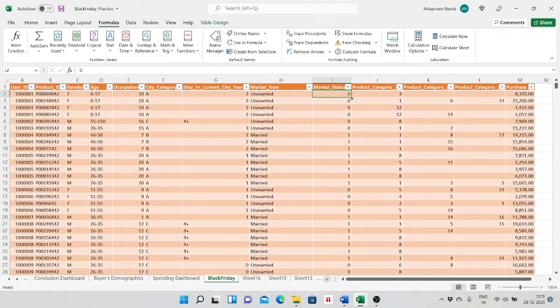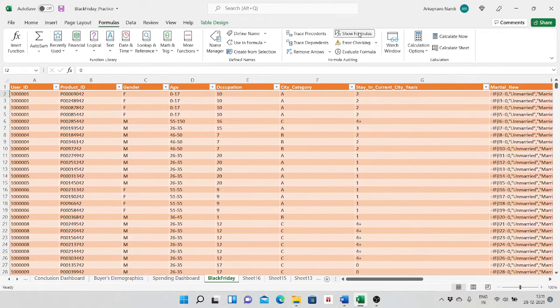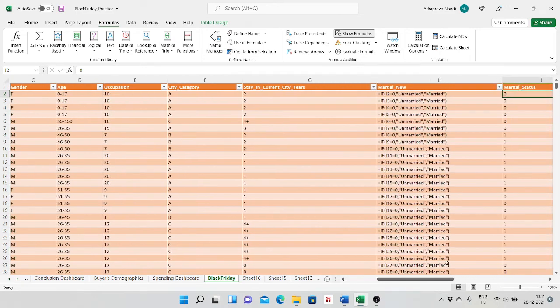When I click here under Marital status and click Show Formulas, it can be observed that it is written: if row number 2 is equal to 0, then it says unmarried, else it will say married. This is the formula I found using the Show Formulas tab.